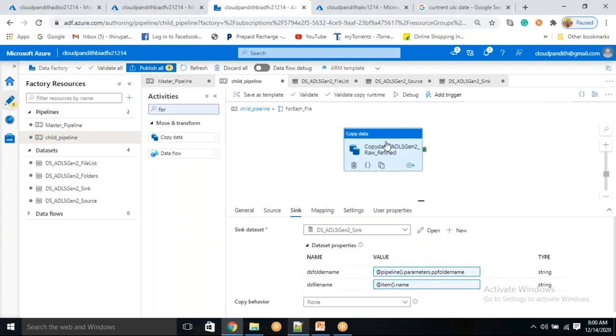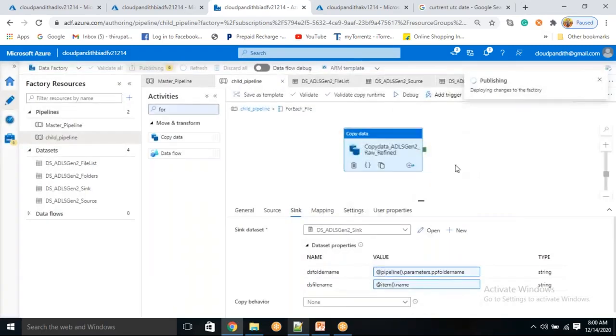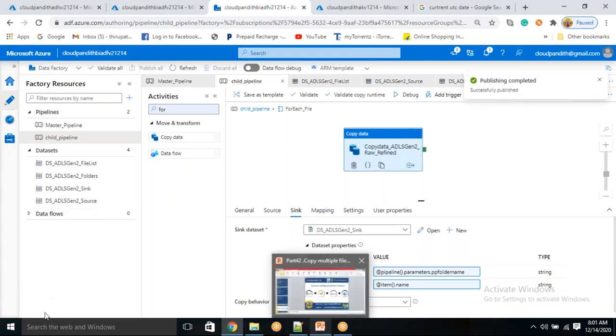Fine. So now what we do is just publish all, because I know it will not have any more changes. Don't worry if anything is not clear. When you execute the pipeline, you will be able to see the details of how it is executing. I have created the pipeline exactly the way we discussed it in our